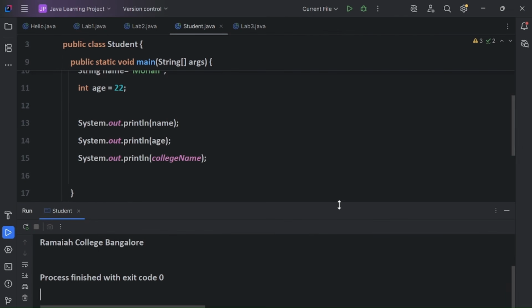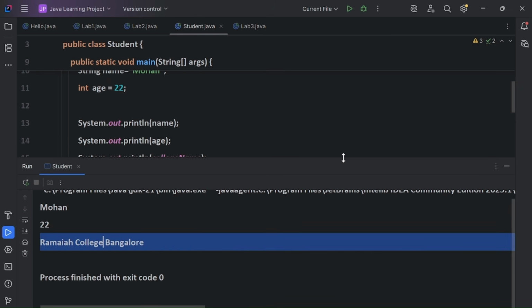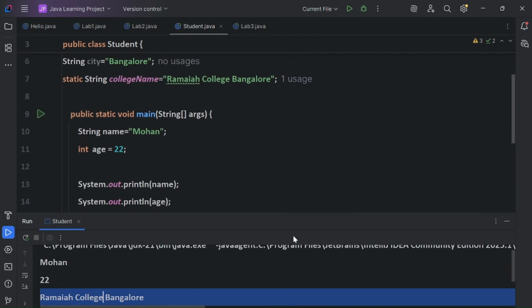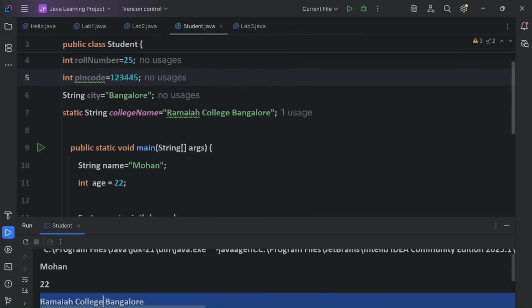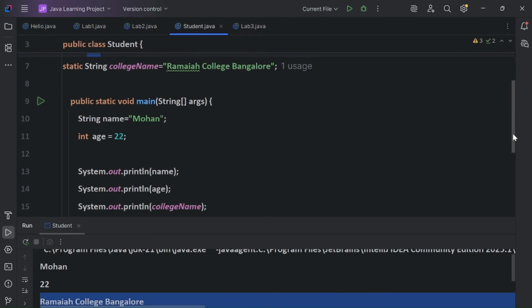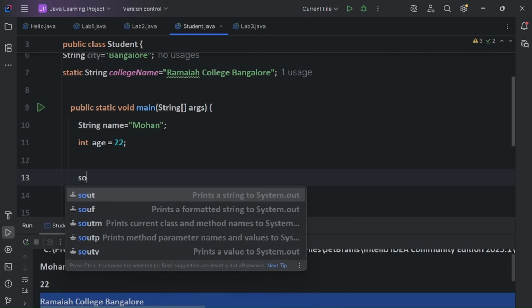It is printing the name, age and the college name successfully, right? But suppose we try to print the roll number or pin code or city for that student, let me see whether it is able to print or not, guys.